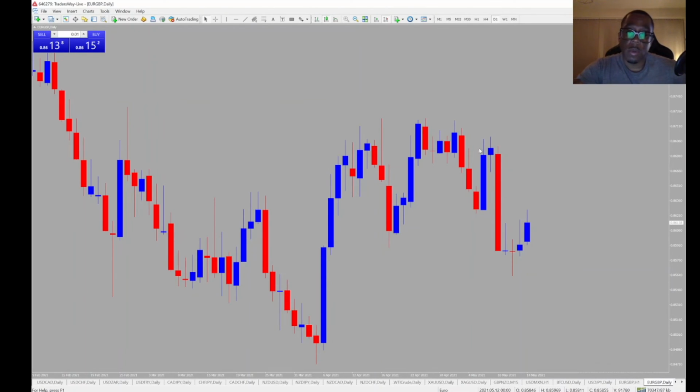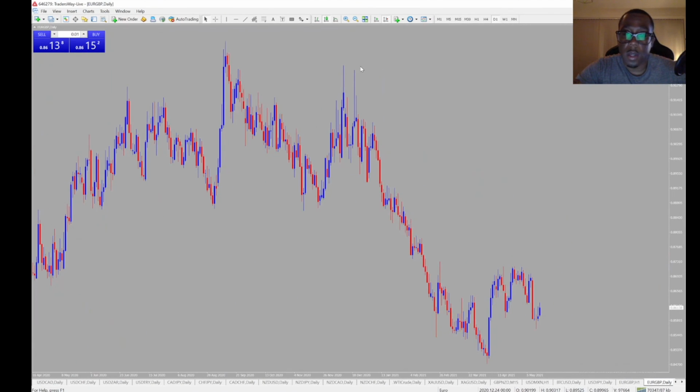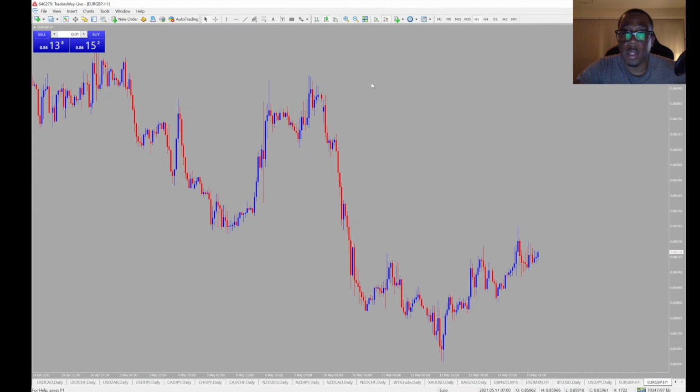So what you've got to really try and do is understand what chart you want to trade off as well, because this is the day chart which I showed you. Now this is the hour chart. It's a similar move, but you're gaining more pips in the day and you're gaining less pips in the hour,